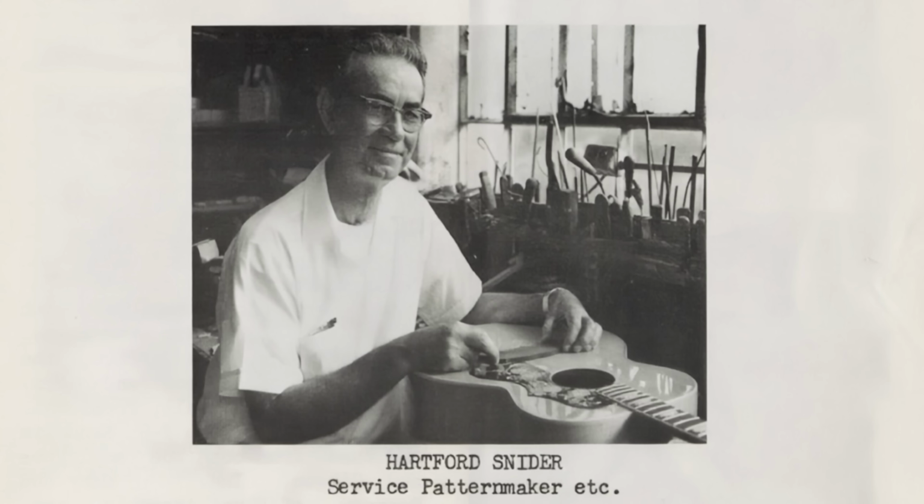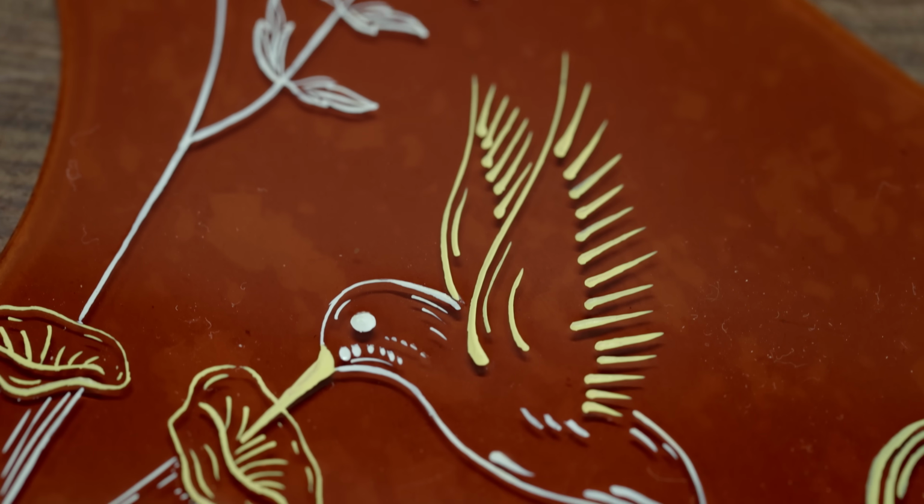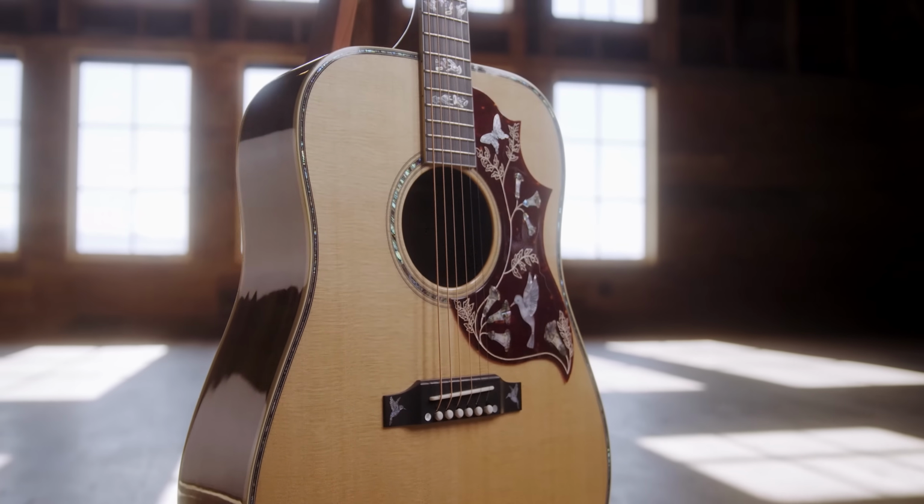the late 1950s, when a pattern maker named Hartford Snyder volunteered to create some artwork for the pickguard of a new model they were working on called the Hummingbird. He loved nature and he was very artsy. He loved his job at Gibson, by the historians' accounts. What Hartford did was engrave a beautiful image of a hummingbird, and colored and painted it. That became part of the identity of the guitar, and today we all know the hummingbird, we all know the